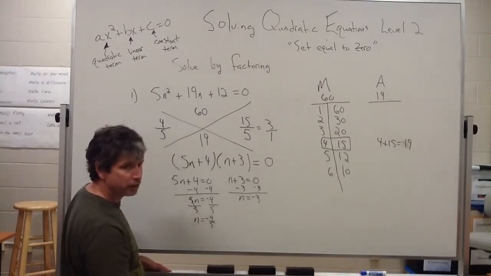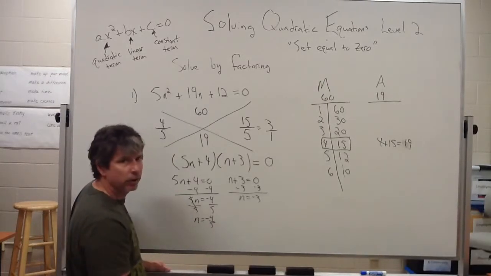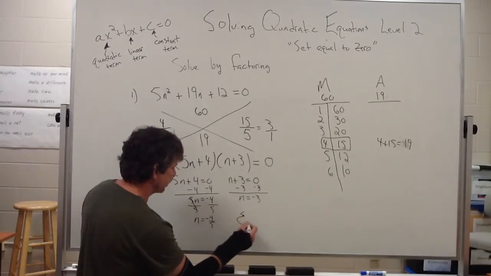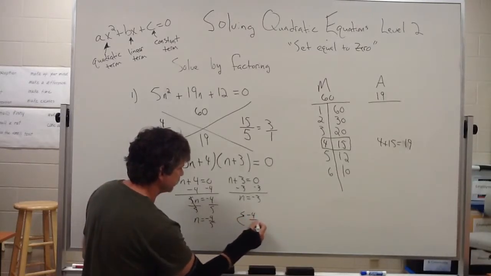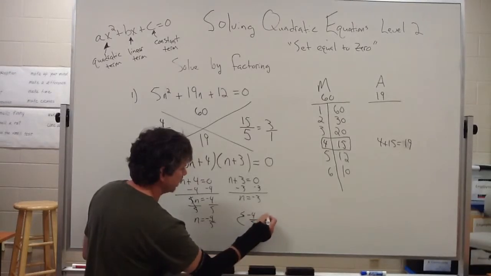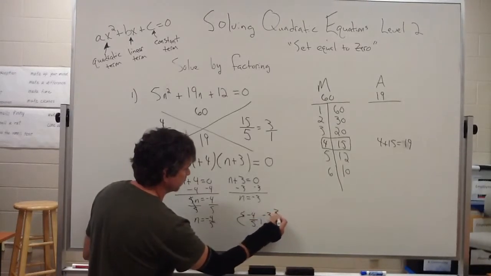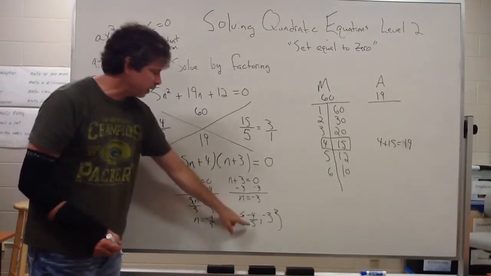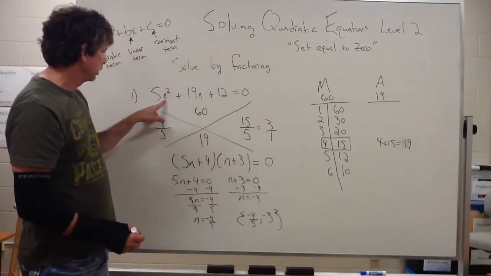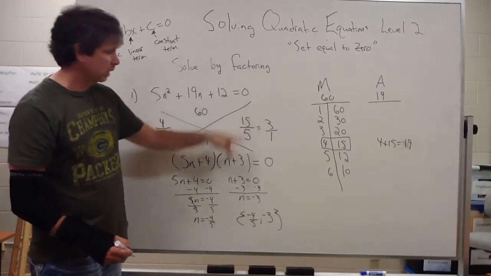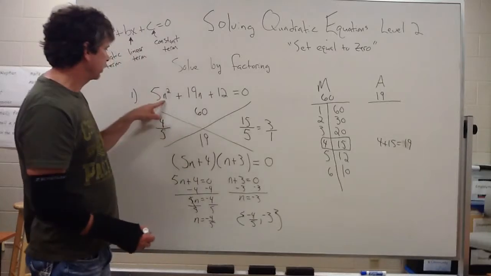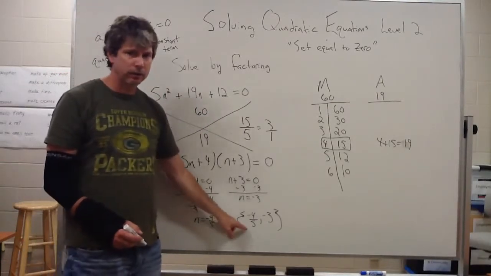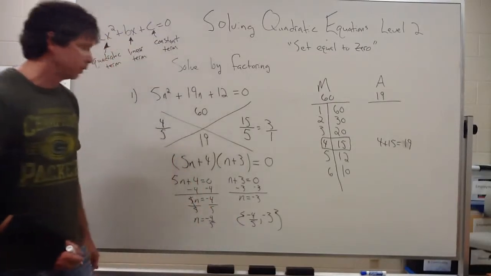We haven't done many with fractions, but a fraction is a number, and therefore our solution could be a fractional answer. So as a solution set, our solution would be -4/5, and also we had a -3. What this means is, to satisfy this equation, if I put this number in for our n, it should make this turn to 0. Also, if you put a -3 in for n, that should also make that turn to 0. Try that on the calculator and see if you do get that to turn to 0. Okay. Stay tuned, we'll do